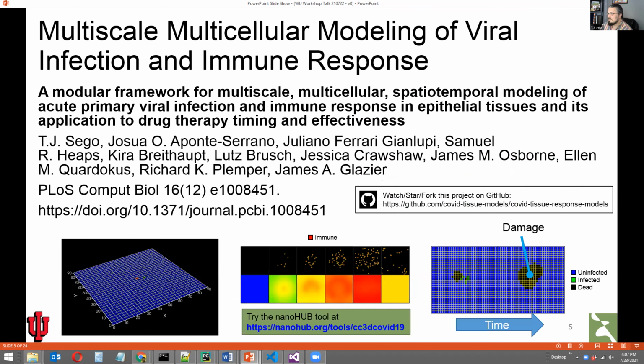Now I wanted to give you a sense of some of the recent work that we've been doing to convey the way that CompuCell-based modeling tends to be used in actual applications.